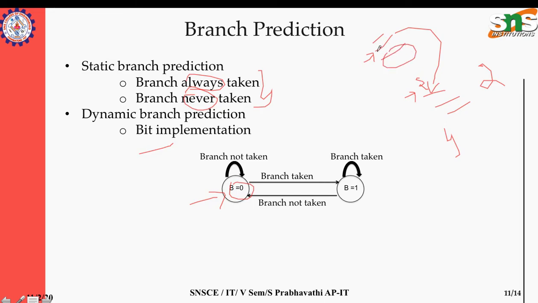But what happens while executing this instruction in real time? If branching happens, but our prediction bit b is equal to 0, then our prediction is wrong, is it not? So one delay slot will happen. After that, if the target address happens to be here, we will change the bit to 1, which means the branching will happen. And after executing this third line, the branch will execute 2 times, because we are discussing conditional branching, and these 3 statements get executed 2 times. So now only 1 time is executed.